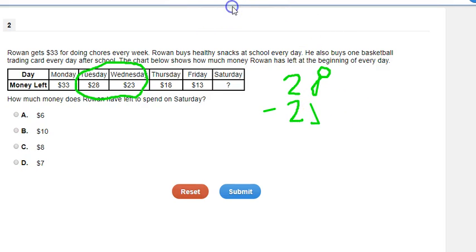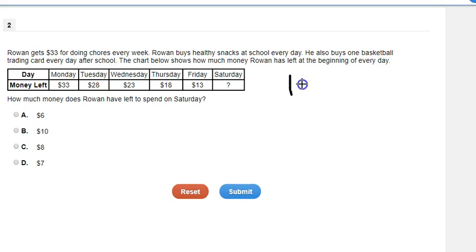Let me change colors to black. Okay, so that's supposed to be a 3. So then we take 8 minus 3, which is 5. And 2 minus 2 is 0. So it looks like every day he is spending $5. So he spent $5 here, he's going to spend $5 there, he's going to spend $5 there, and he's going to spend $5 there. So to figure out how much money he has left on Saturday, we are going to